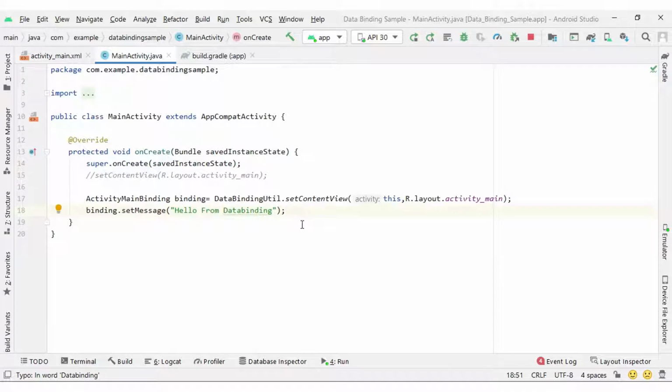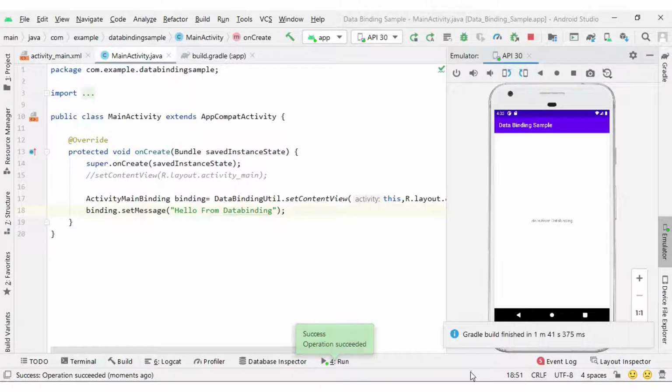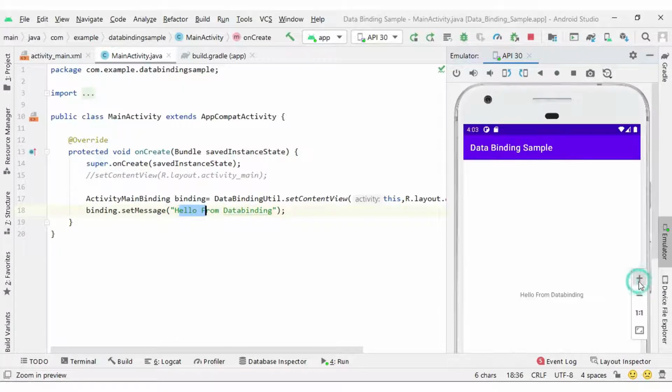Here you do not need any kind of findViewById type of code, so it makes our coding much easier and smoother, right? So let me run and check the output. Here you can see I just started the process of running in the emulator, so it will run in my emulator. Here you can see my application. So here we have the output: whatever message we pass from the Java file, it is available in our layout file. Here you can see "hello from data binding". So this is a very simple example of data binding.